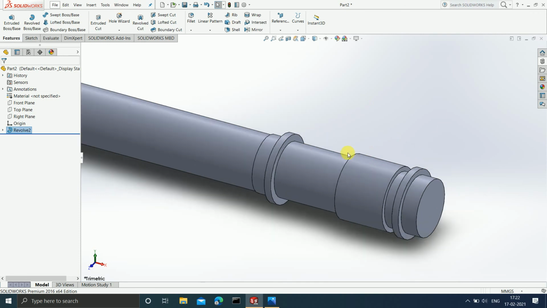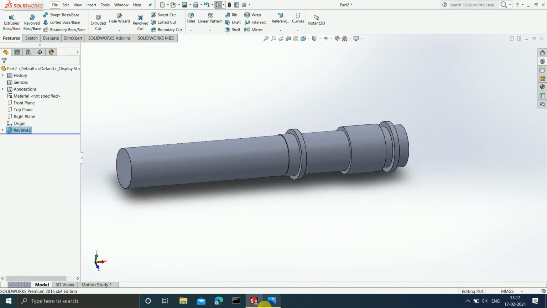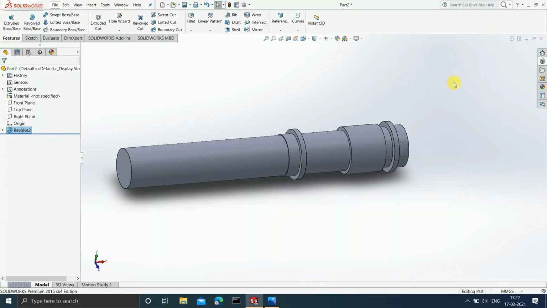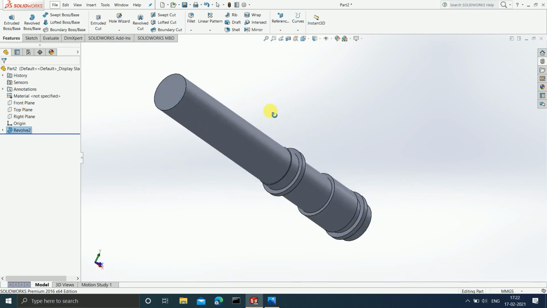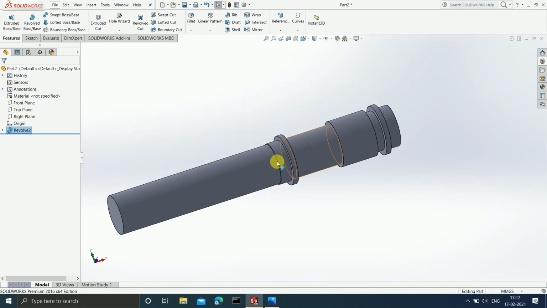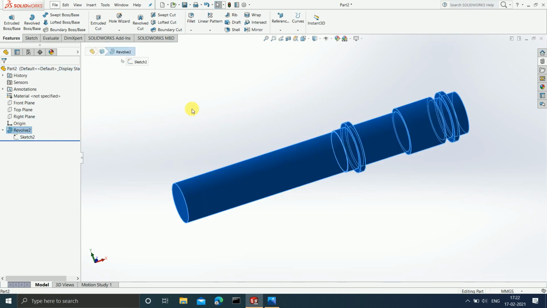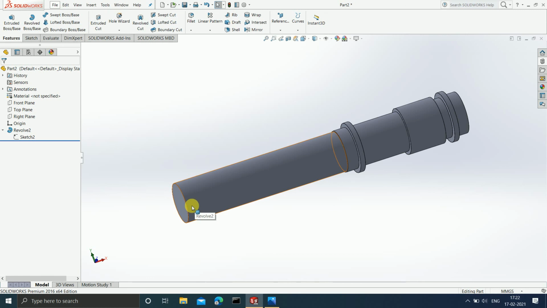Done. See, now your shaft is ready. This is the same as this one which you can see. Clear? Now after this, why have I done it using the sketch and the revolve boss base feature? I could have done it easily by excluding the circles, right? I can draw a circle and extrude it up to 100, then I will get this much part. After that, on the end face I can extrude it up to another length. I can get this much part. After that I can do this much part.